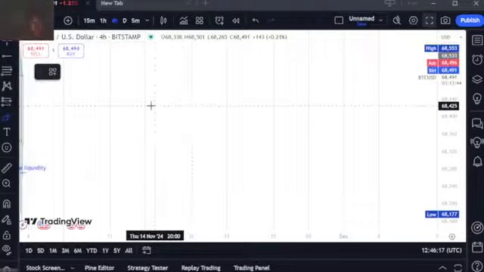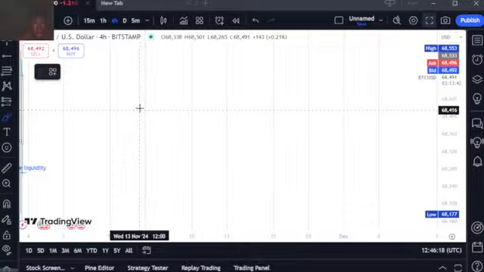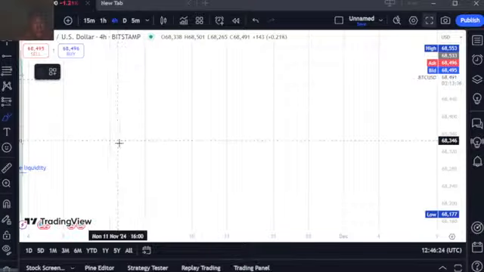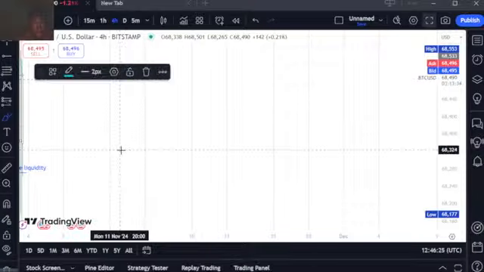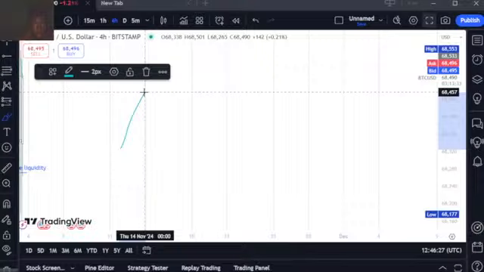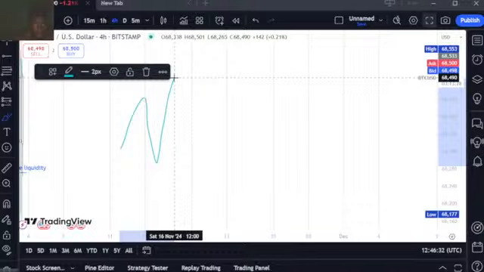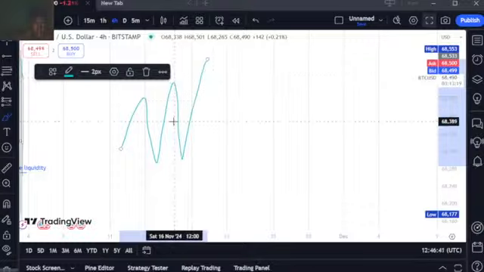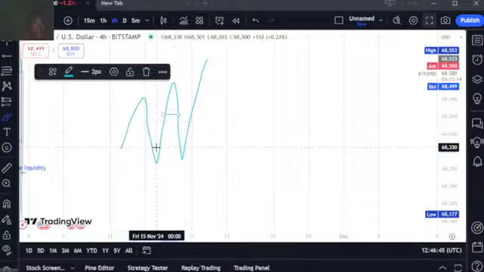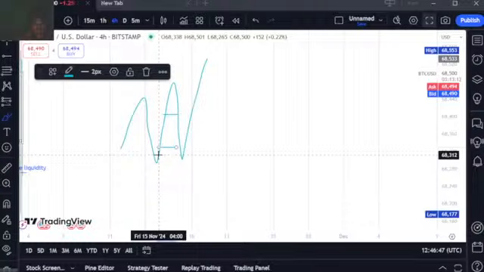Okay, so if it was to be an imbalance, this is how price will behave. When price went up, it came down, went up again, broke structure, came down to the demand zone, then went directly to where it wants to go, because this gap was filled. This gap was filled into this very demand.